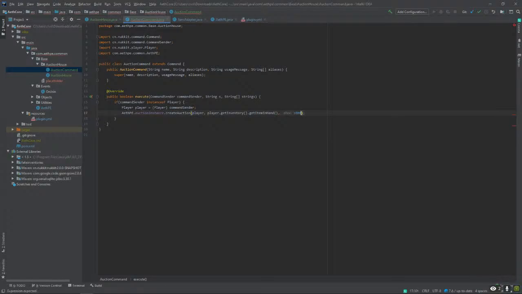Let's start out with 1,000. Or wait, we could do integer dot parseInt strings of 0. Yeah.